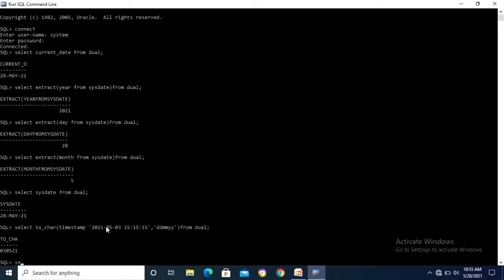Next command, select to_char of timestamp. Timestamp means both time and date are displayed. Year, month, day. Okay. Next the time: hours, minutes, seconds. Quotations close, comma.